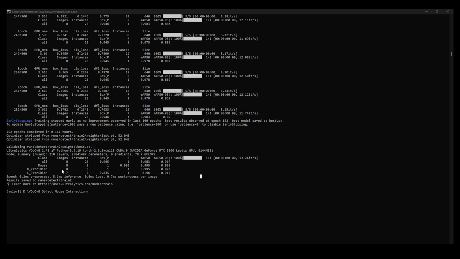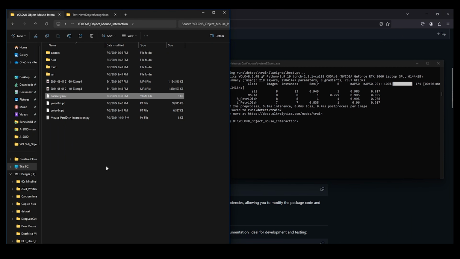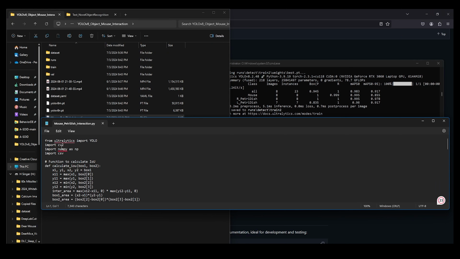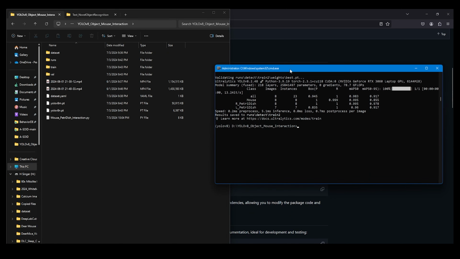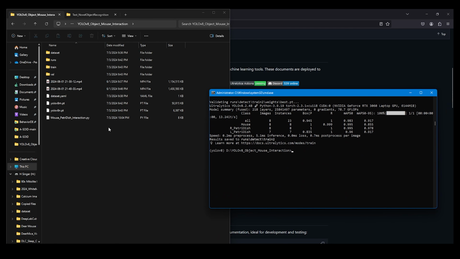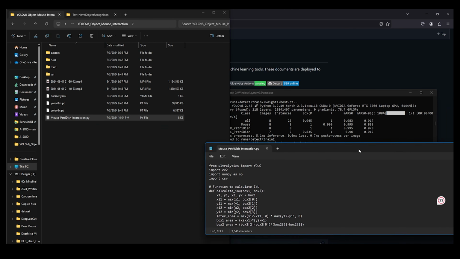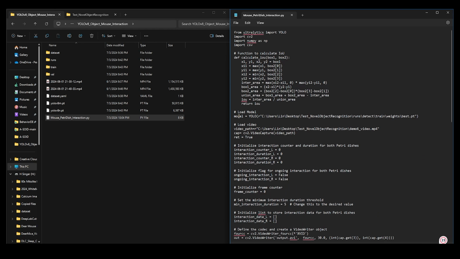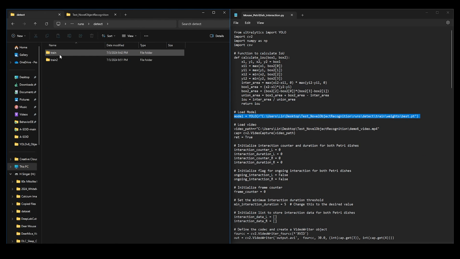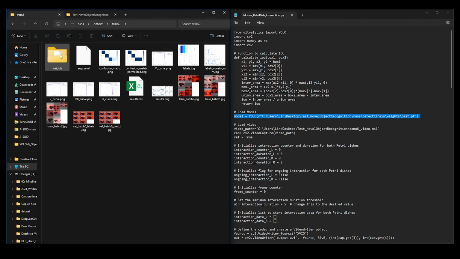So the training is done. It took literally a few minutes, and it tells you how much time it has taken. So maybe 8 minutes for me. All right. So then once the training is done, there are a couple of things we need to do. So here's a Python script that I made. This is going to help me extract information about the intersection of the mouse's rectangle, so bounding box for the mouse, and the overlap with the novel object.